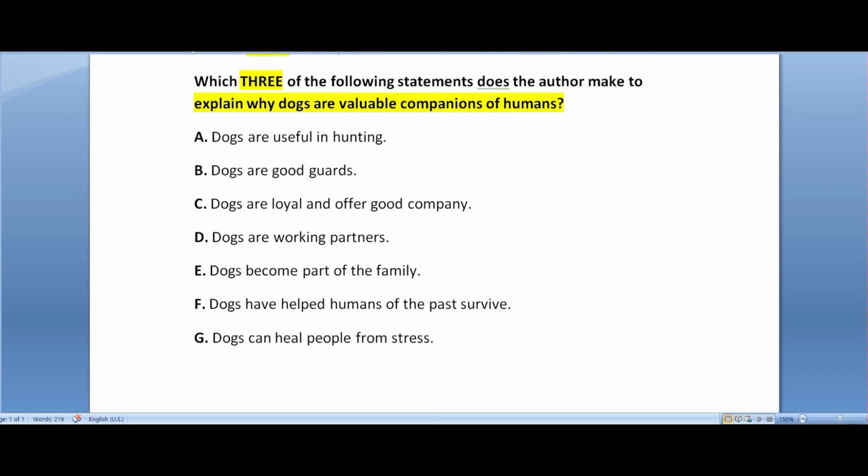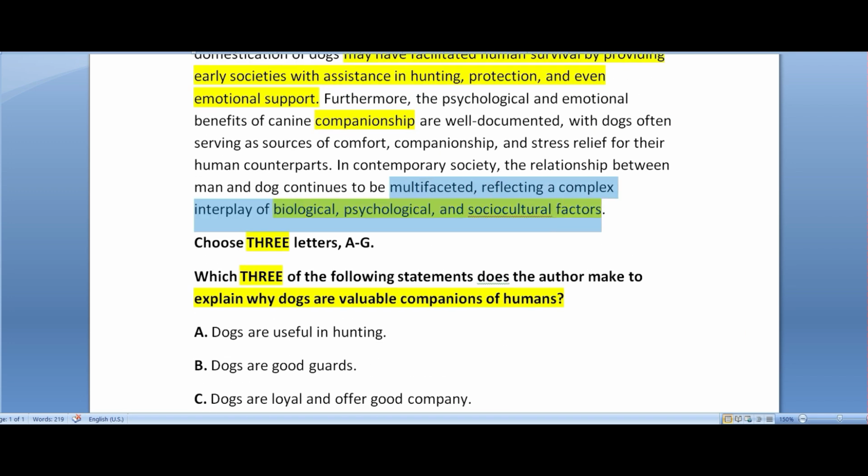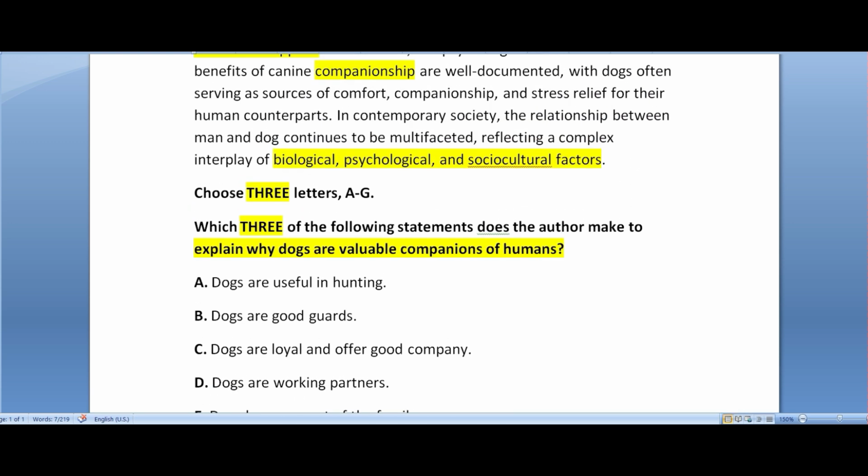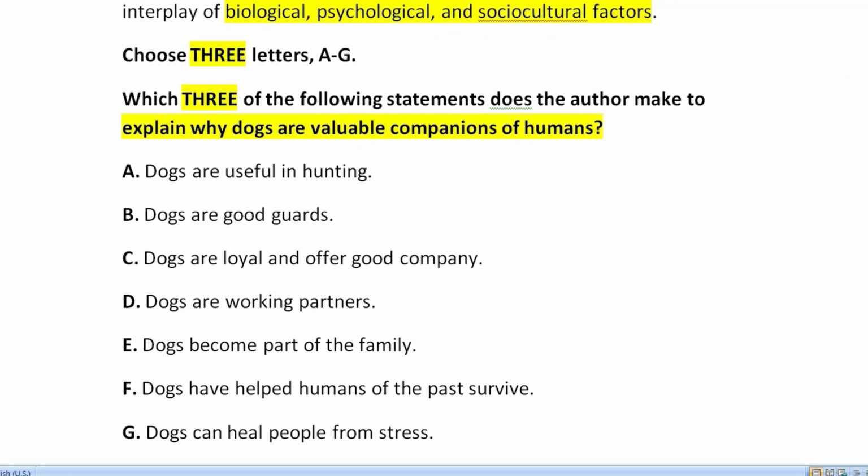So we are safe to say that G is wrong because it has this statement that has nothing to do with what it says here. Another thing they do is that they have similar words, but the meaning is totally different. They provide stress relief. Obviously, you will not spend that much time in an actual exam doing what we did just now. I'm just doing this now to train you with paraphrasing and what they usually do to confuse you,